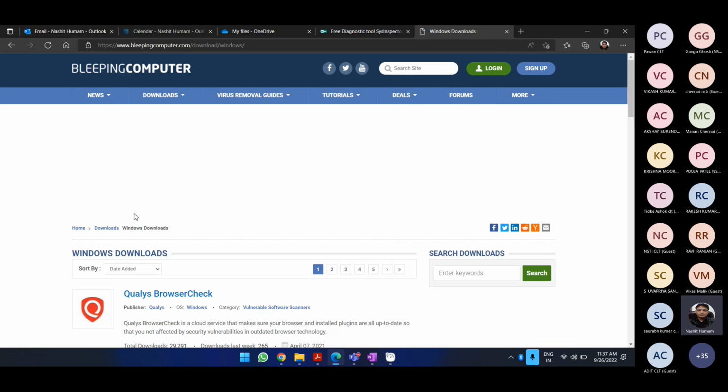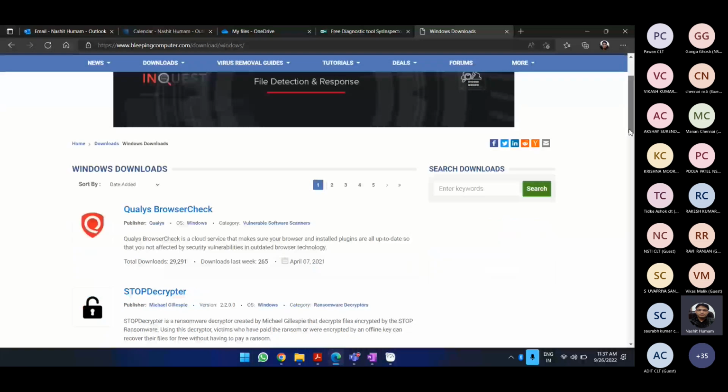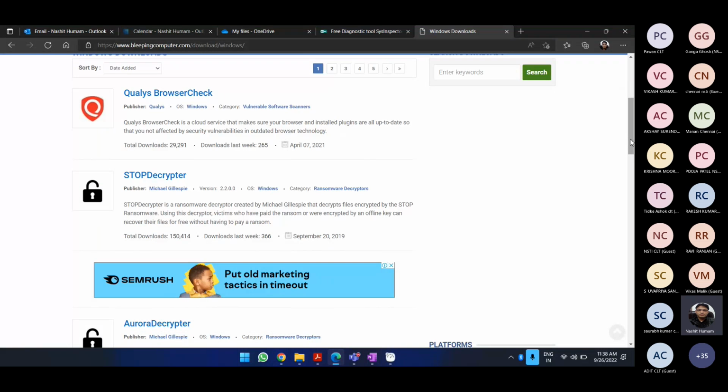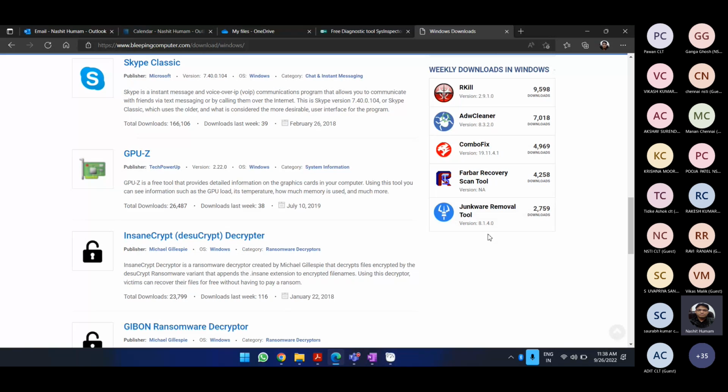In case anyone wants any kind of antivirus, anti-malware, anti-trojan, or any of those things, in case you are working on security and you want those security applications, you will get them here. So this is the best portal you can have for it. You can check it out.